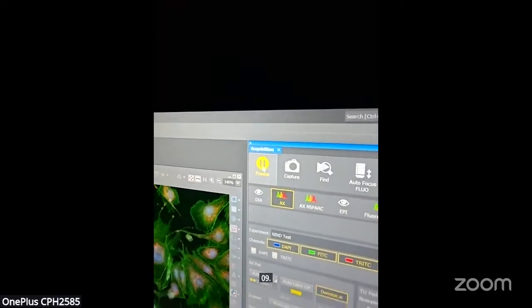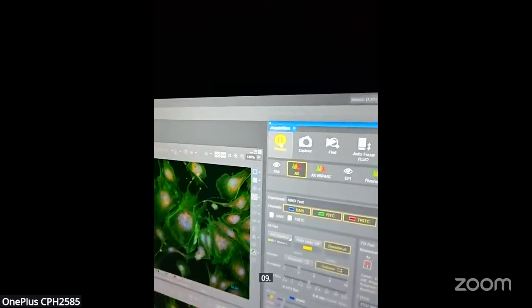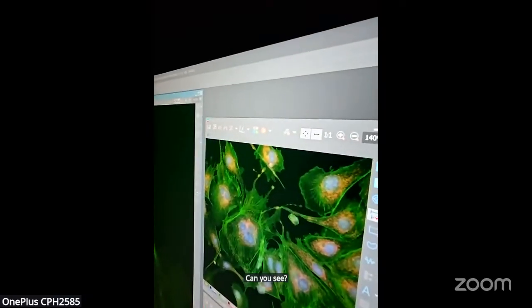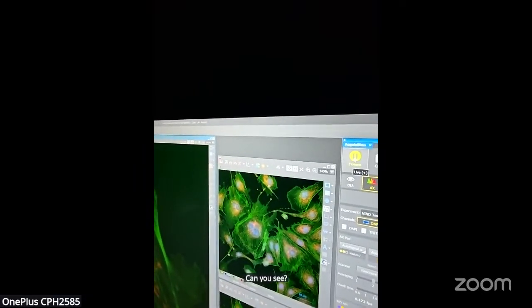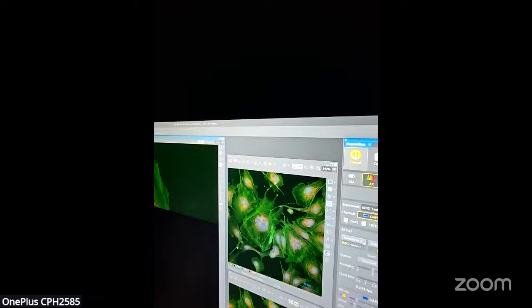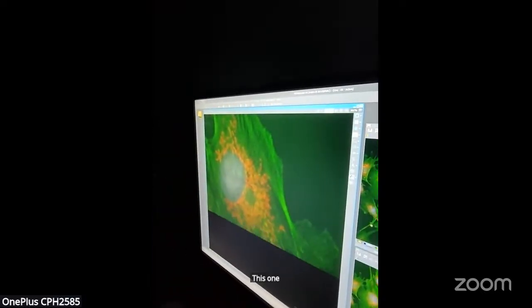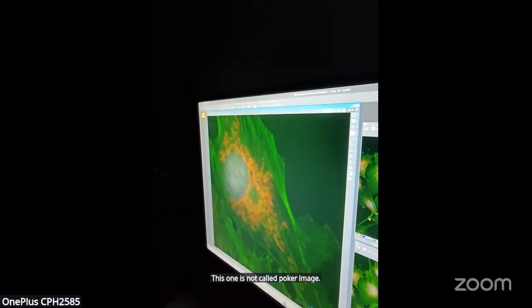We'll do live in confocal mode. You can see, this one is your confocal image of that zoomed FOV.